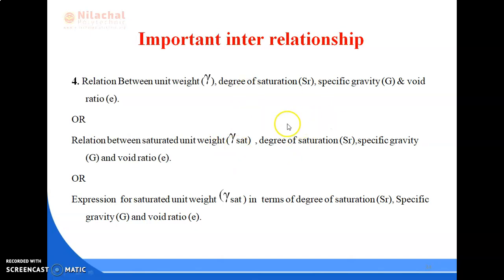In the exam these notations may be given or may not be given. So you have to remember these terms or notations for every single term. Like for unit weight, you have to remember its notation is gamma. If it is given in the question, it's okay. Otherwise, in most questions these notations may not be given in your exam, so you have to remember all the notations of the terms. So let us discuss.